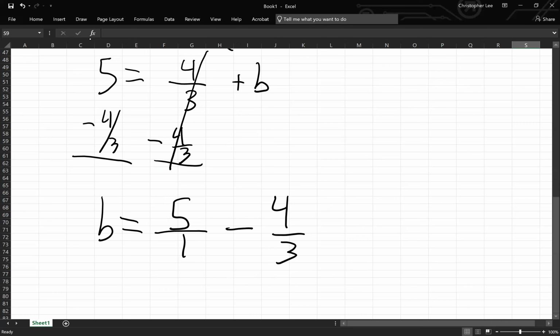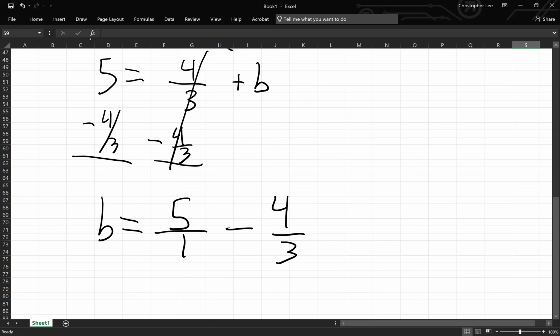Not cross. I have to get the same denominator. All right. So what's the LCD here? No, no, the lowest common denominator. Yeah. Hold on, let me write this down. 5/1. Give me a number that 1 and 3 goes into. Don't overthink it. 1 and 3? Yeah. 3. All right. So